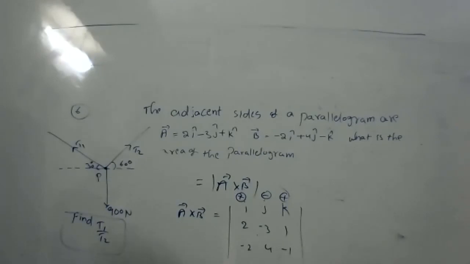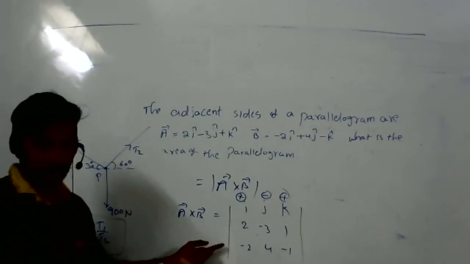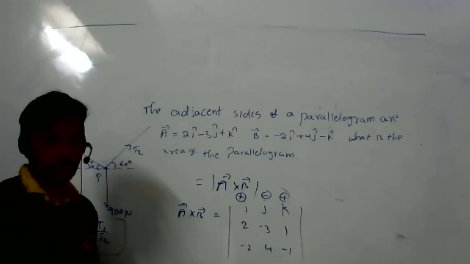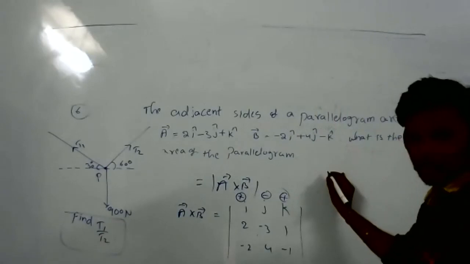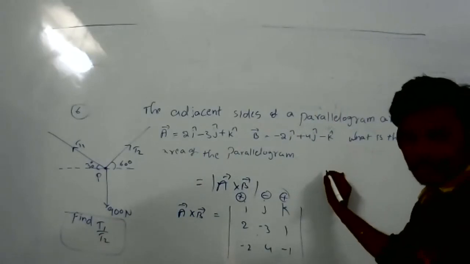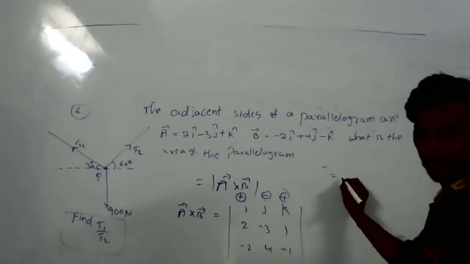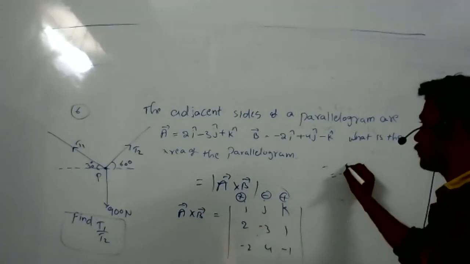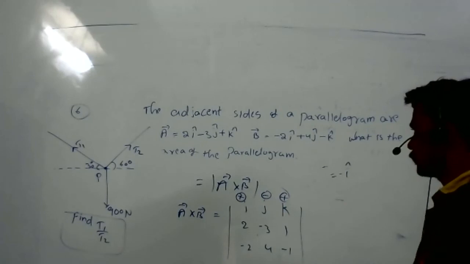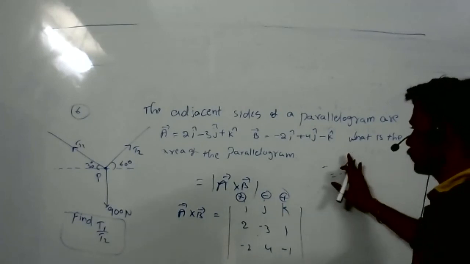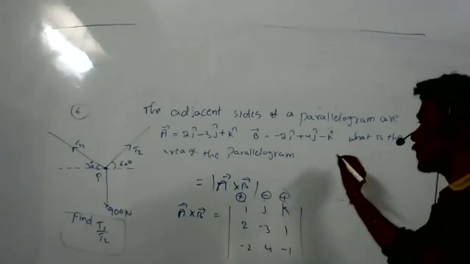So, tell me, ma'am, in the previous question, I mean, I didn't really get it. I got halfway. I got minus I cap plus 4 J cap minus 2 K cap. Everyone, did you get minus I cap? Yes, sir. I got minus 2 K cap. J cap is like 0 J cap. That's why you will get root. Different people, you are getting different answers for the same problem.